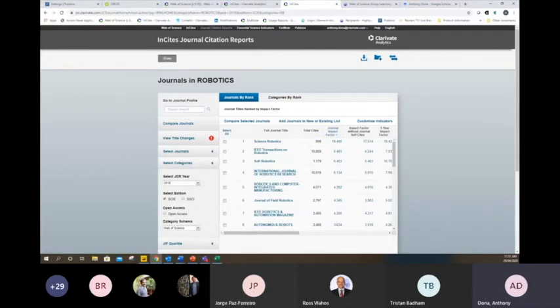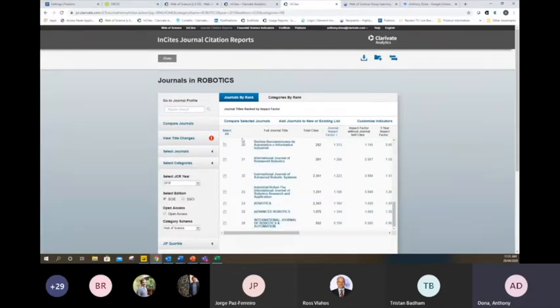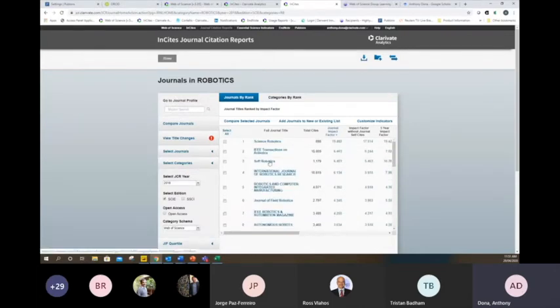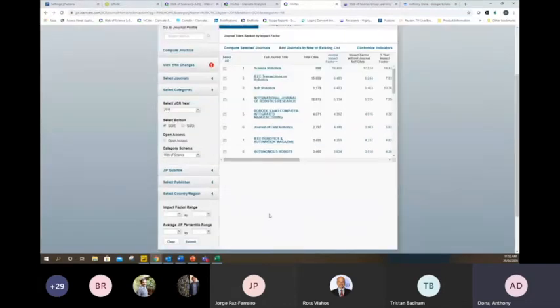There's 26 in there, obviously, and the top 25% here would be considered Q1 journals. So if my maths is any good, 13, 7. So the top 7 odd journals here will be Q1 journals. The next 6 or 7 will be Q2 journals, and so on and so forth, based in the field of robotics.